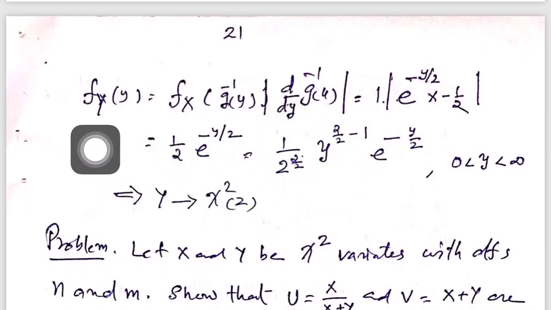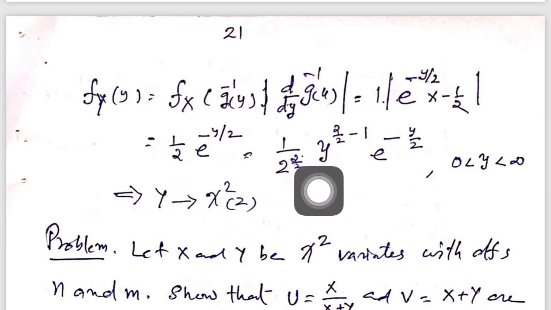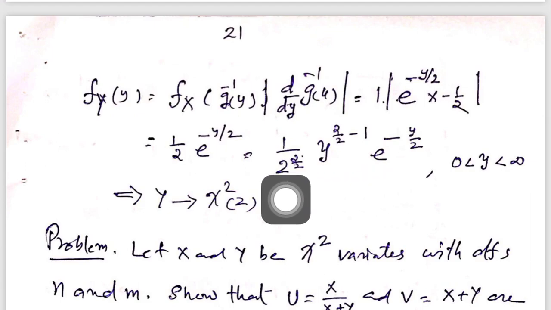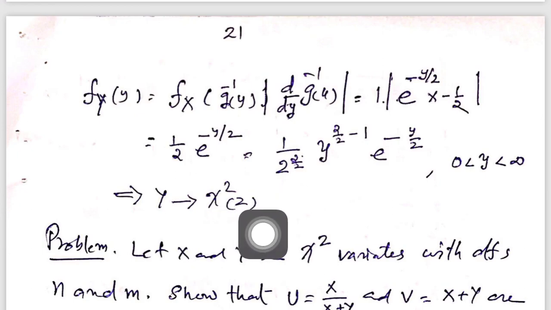And finally, you will see that the transformed variable has a PDF that is equal to 1 by 2 to the power of 2 by 2, y to the power of 2 by 2 minus 1, e to the power of minus y by 2, into gamma 2 by 2. But gamma 2 by 2 I have not written here, because what is gamma 2 by 2? Gamma 2 by 2 is gamma 1. Gamma 1 is 1 minus 1 factorial, that is 0 factorial, that is 1. Okay, but better to write here 1 by gamma 2 by 2. I have omitted this, you can include it, so that y follows a chi-square distribution with 2 degrees of freedom,